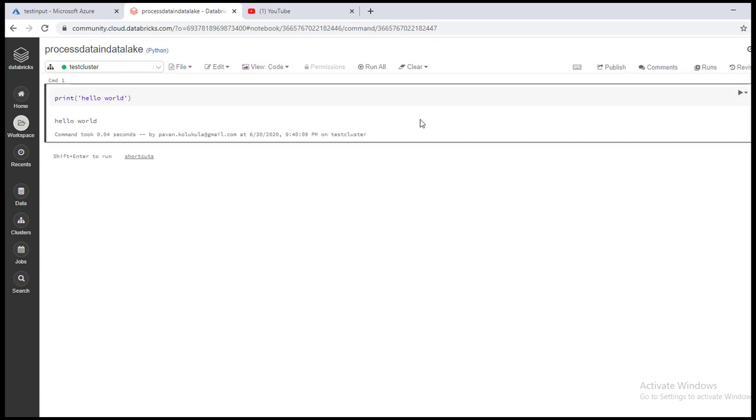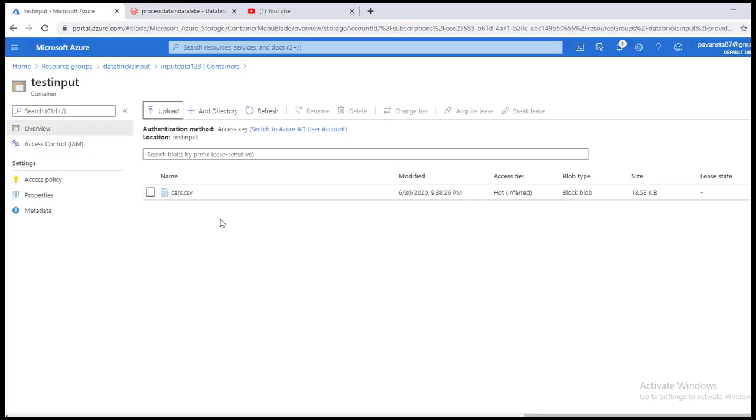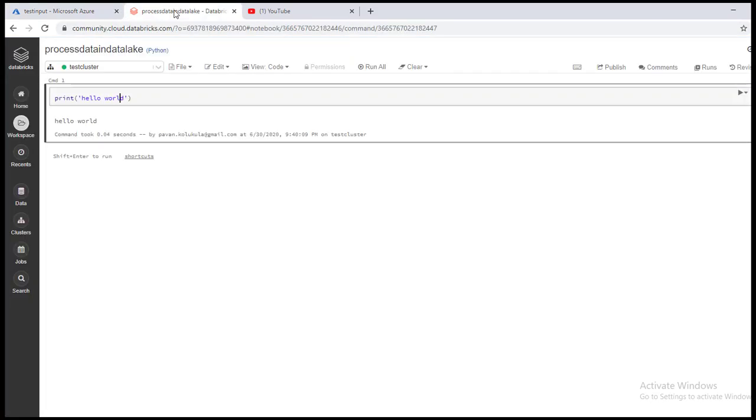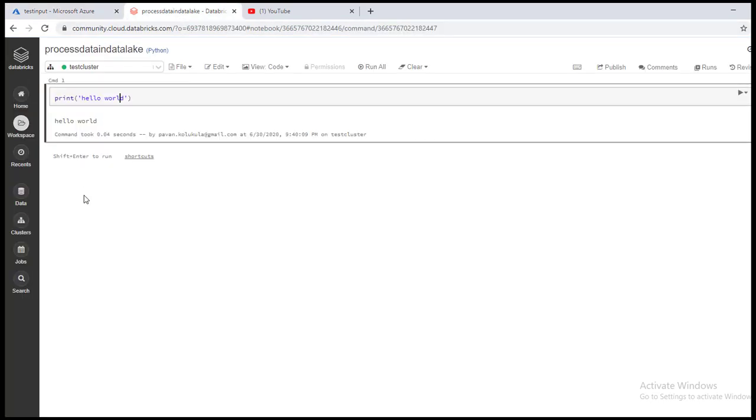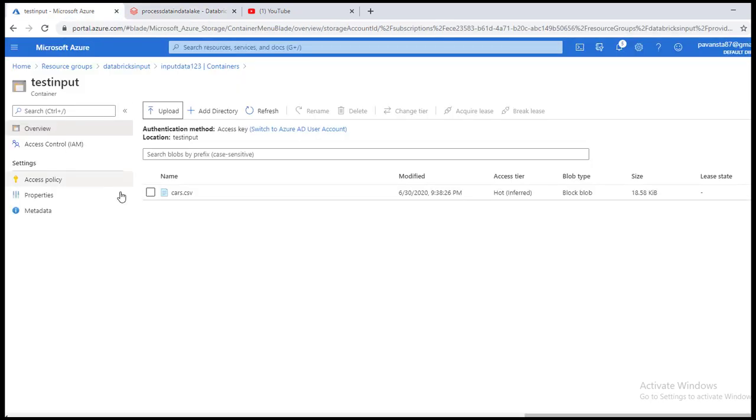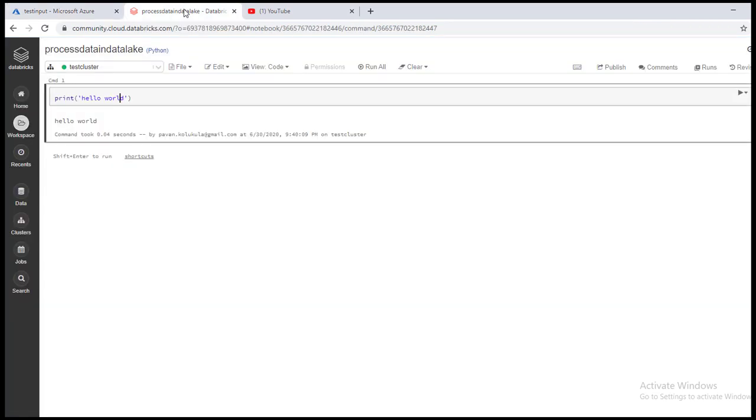Now here what we'll do is mount the data lake storage Gen 2 folder into DBFS, which is the Databricks file system, and we'll use this mount point to access the data in DBFS. Then we'll process or transform the data and write it back to data lake storage Gen 2. We'll create a folder and write it back to that particular folder. With the help of Python code, we'll mount the data, process the data, and write data back to data lake storage Gen 2. So we'll carry out all those steps.